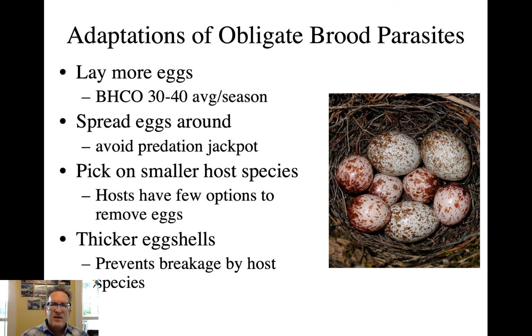Another thing that parasitic species oftentimes do is they pick on smaller host species. So the picture on the right here shows the larger, browner eggs of the brown-headed cowbird, and the smaller eggs with the reddish coloration, which are the prothonotary warbler eggs. There are many reasons why this is advantageous. The cowbird eggs, when they hatch, are going to be bigger and have the potential to outcompete the host